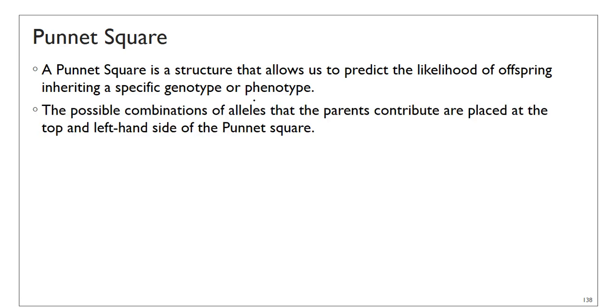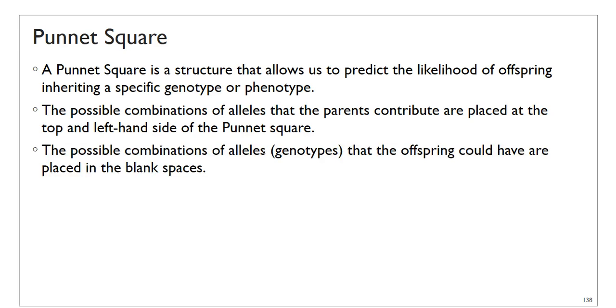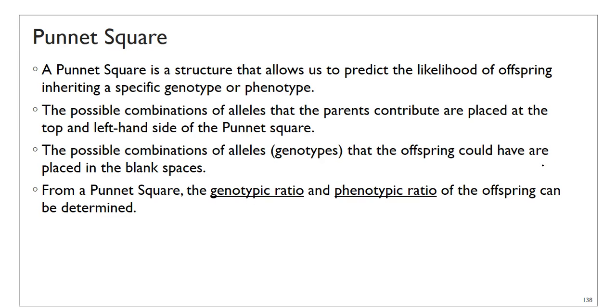So the possible combinations of alleles, I'll go through what this means. The possible combinations of alleles that the parents contribute are placed at the top and left-hand side of the Punnett square, and then the possible combinations of alleles that the offspring could have are placed in the blank spaces. And then from there, you can predict what is called the genotypic ratio and phenotypic ratio of the